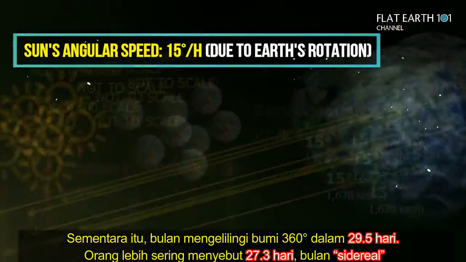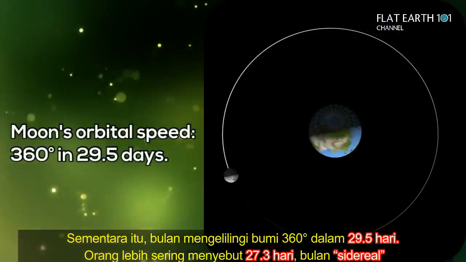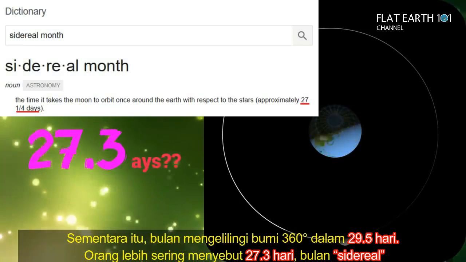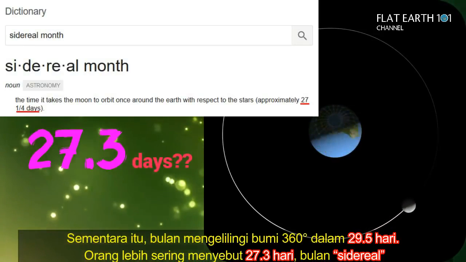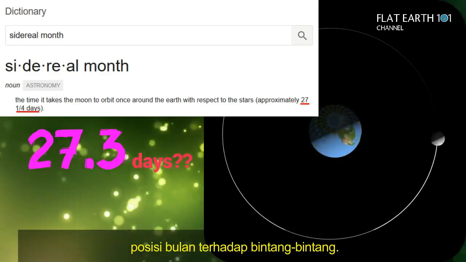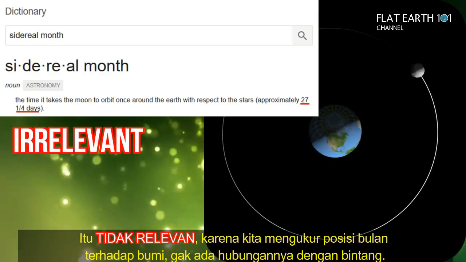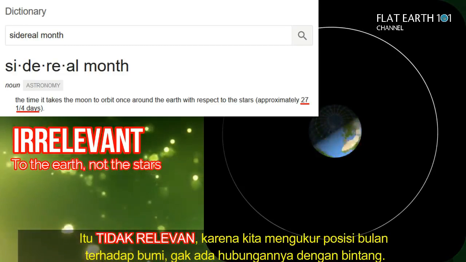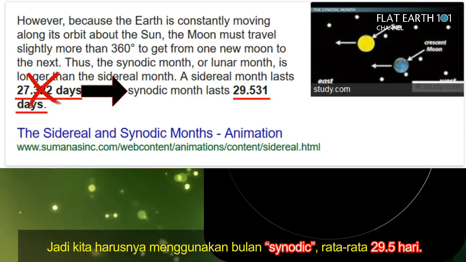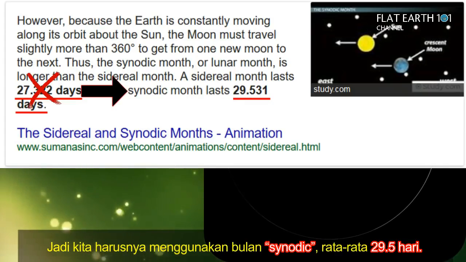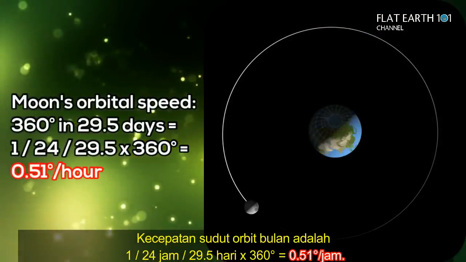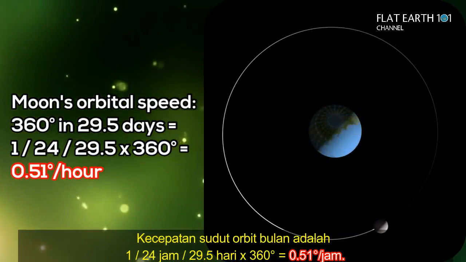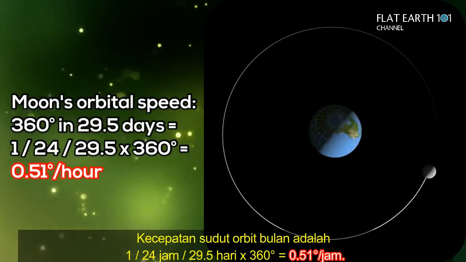Okay? While the Moon is orbiting the Earth 360 degrees in 29.5 days. Some people like to say 27.3 days, sidereal month, the Moon's position with respect to the stars. It's irrelevant, for we are counting the Moon's position with respect to the Earth, nothing to do with the stars. So we have to use synodic month, average 29.5 days. The angular speed of Moon's orbit is 1 per 24 hours divided by 29.5 days times 360 degrees equals